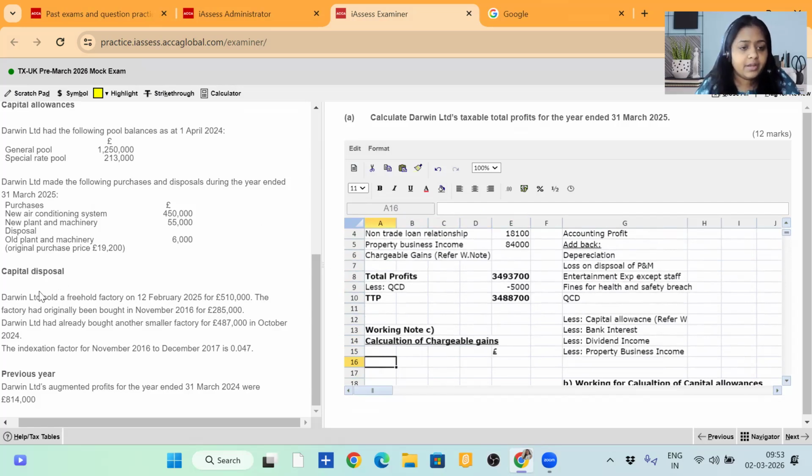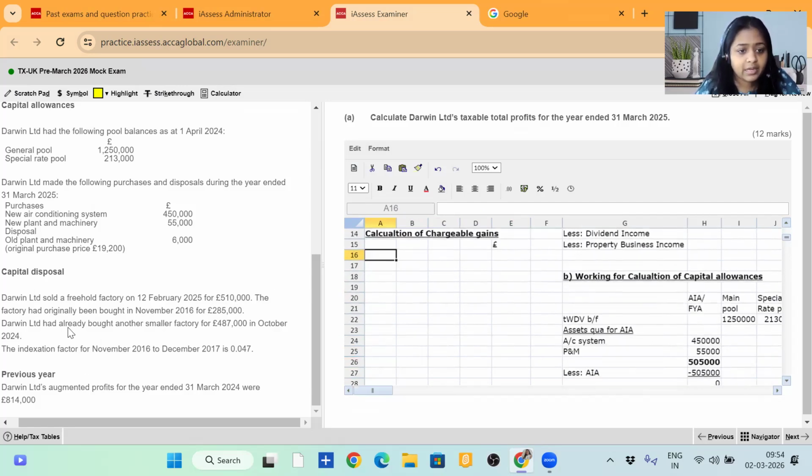Okay, now here, Darwin Limited sold a freehold factory on 12th February 25 for 510,000. It was originally bought in November 16 for 285,000. Okay, and Darwin Limited already bought another smaller factory for